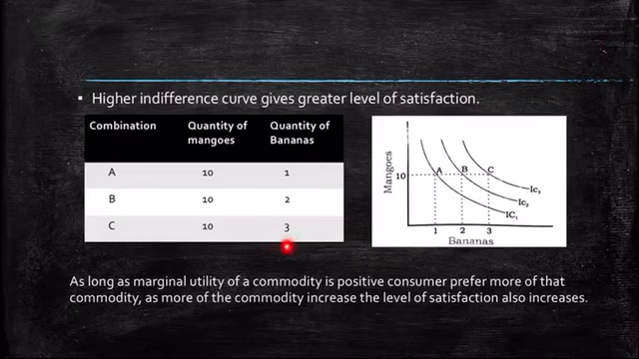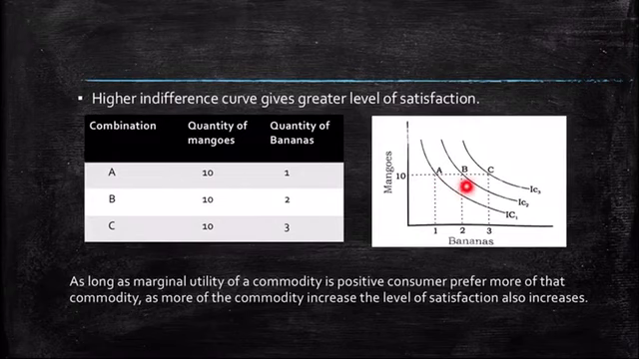It's clear that bundle B is giving more satisfaction than bundle A, and bundle C is giving more satisfaction than bundle B and bundle A. At the same time, look at the diagram. While he is moving from bundle A to bundle B,